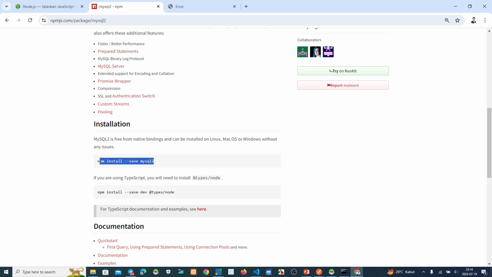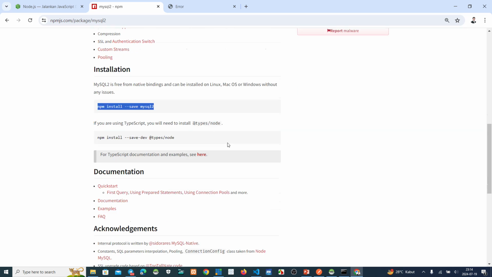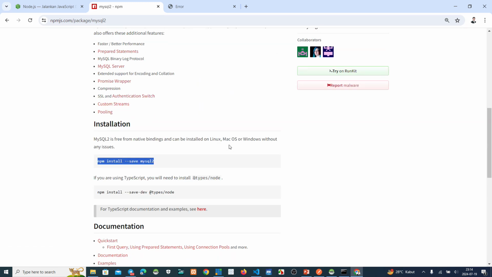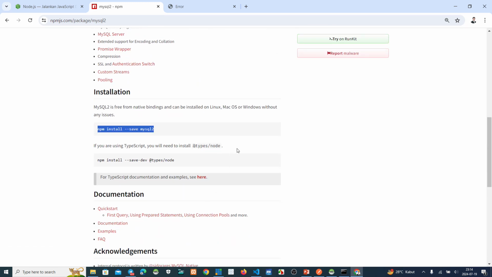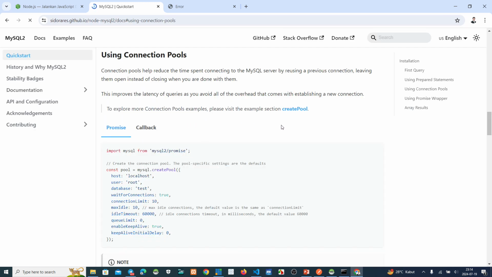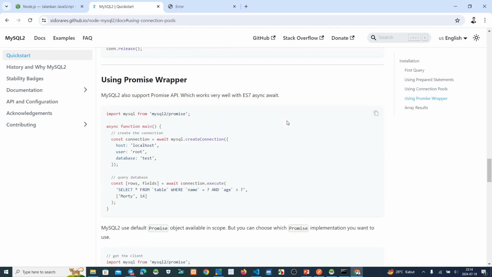We do this one, install, and also now I see the documentation using connection pool, this one. Okay, now we see the using promise wrapper.